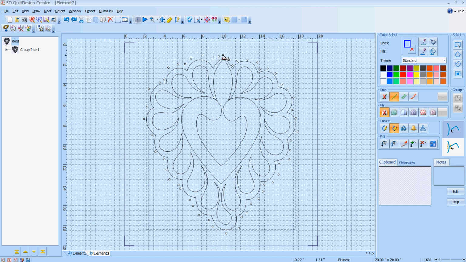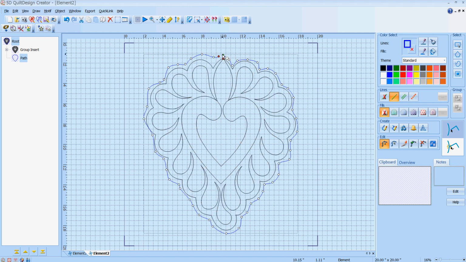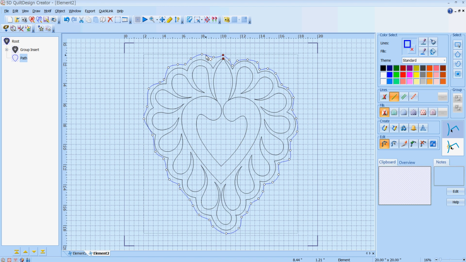Okay, and when I get to the end, I'm going to right click. I do need to adjust that because it's showing me that I have an open path here. So I'm going to edit it, and I'm going to drag the green node or the red node up over top. Now it's a closed path. So we have a separate line here, a separate path, and now what we can do is do the same thing we did earlier. Choose our shapes, choose our box,